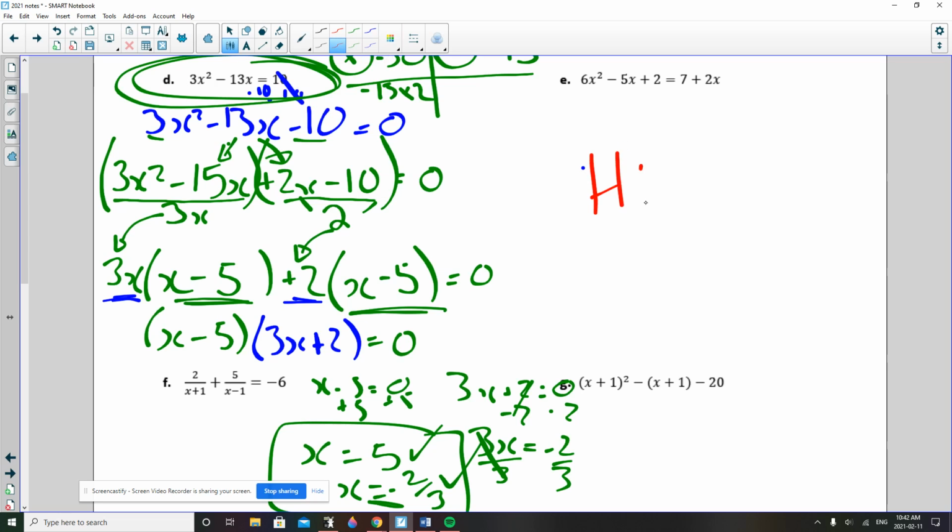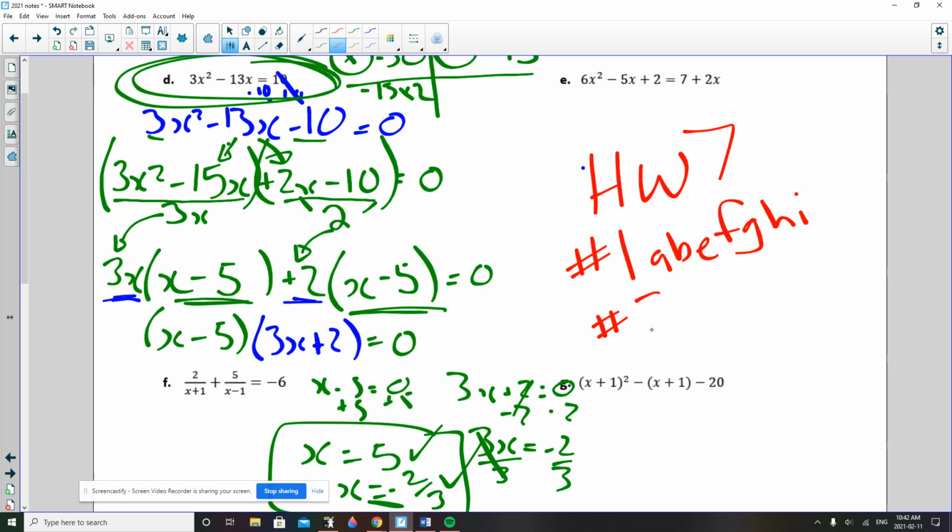So you're going to look at homework 7, number 1. This is going to be really weird because I kind of numbered this weird. It's going to be A, B, E, F, G, H, I. Those are just basic factoring questions, not even trying to find out the x-intercepts. The next one is going to be number 2. I want you to do that one where it's actually already in factored form. You just need to state the x-intercepts. And then number 3,